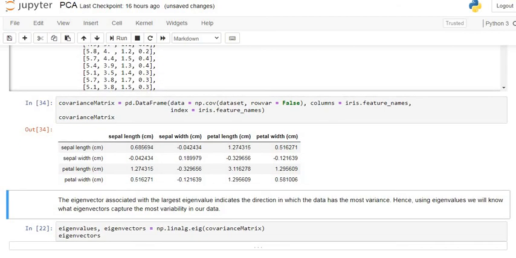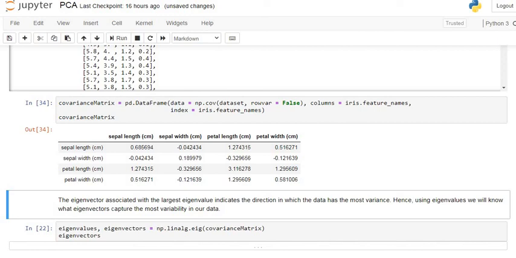After that, in the second step we go for eigen analysis of that covariance matrix. We obtain the eigenvalues of that covariance matrix, and after that we obtain the eigenvector for each eigenvalue. The eigenvector associated with a larger eigenvalue indicates the direction in which data has the most variation.